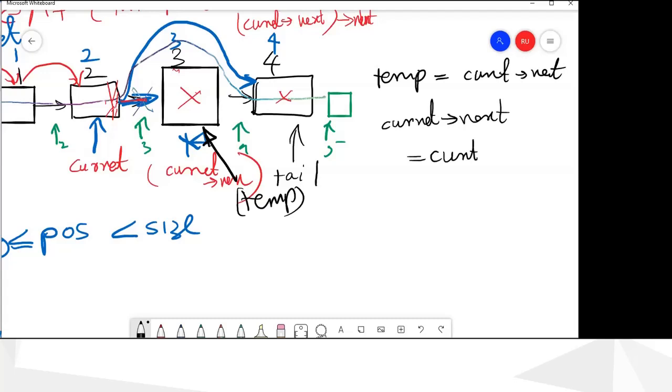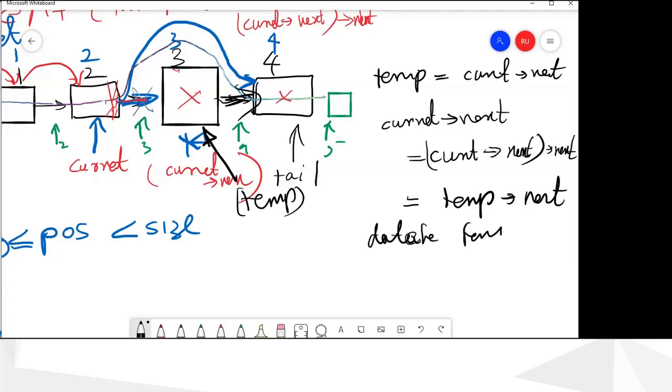So first you have to remember this one in a temporary variable, current next, and then current next, this pointer should be moved to, so you can actually do like this, current next, next, which is similar to temp next, because temp is now this one, this one's next is, so you can see this one's next is this one. Okay, so you can do whatever the way you want.